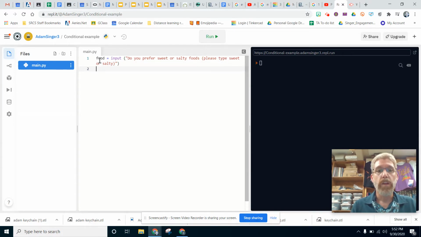Now, you could print something with their answer, but we want to have the computer make a decision based on what they said. So there's three different possibilities. Either they typed in sweet, they typed in salty, or they typed in something else. So we're going to start with the first if. If food, now when we're doing a comparison, we want to use two equal signs. So if food equals sweet,